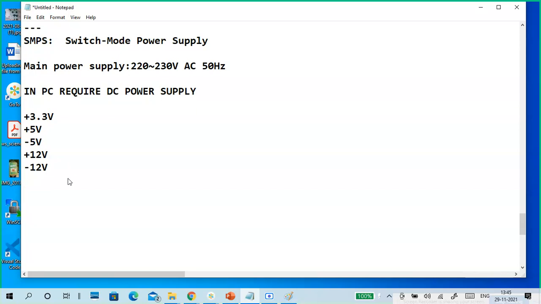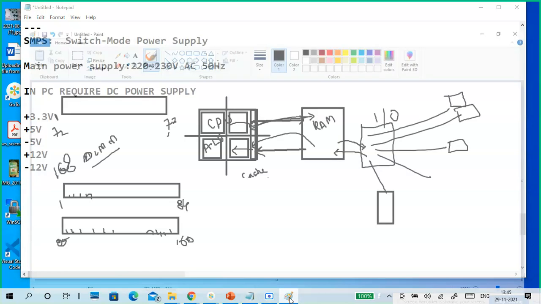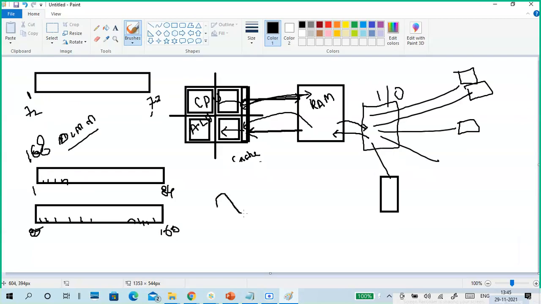AC to DC change is there. The signaling is like this. AC is like this, a sine wave format, just like a hum. This is the timeline. This is AC, if anybody doesn't know. It is plus for a certain period of time, then minus. This is the time duration, the frequency. DC is like this.